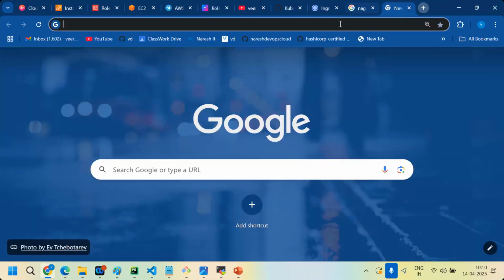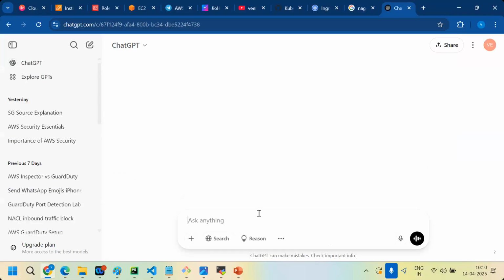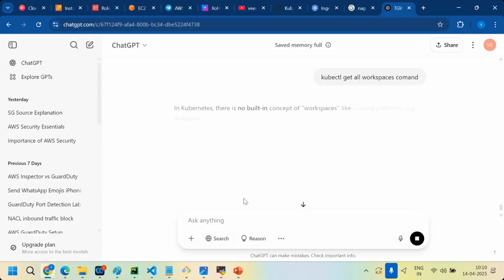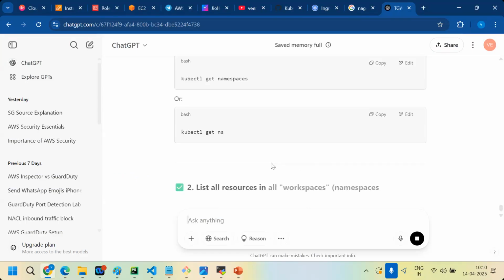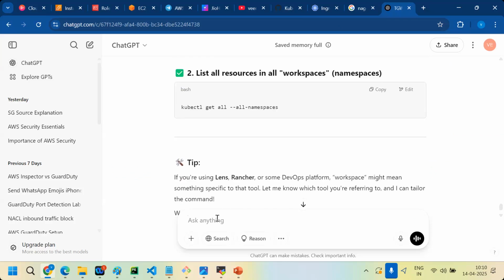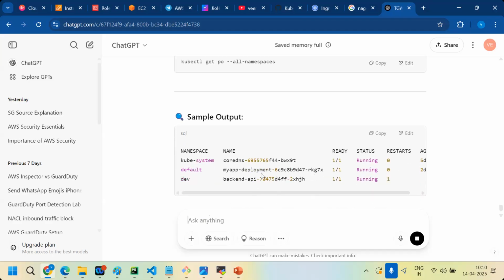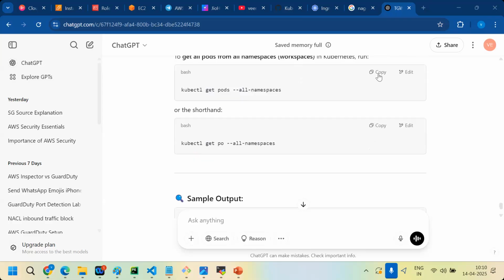Let me check the command exactly. Is it hyphen small a or capital A? Not required to give all namespaces.